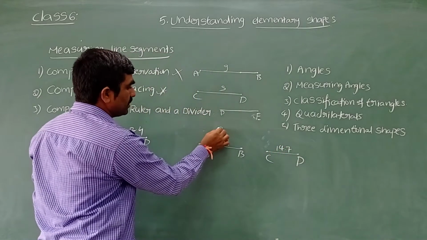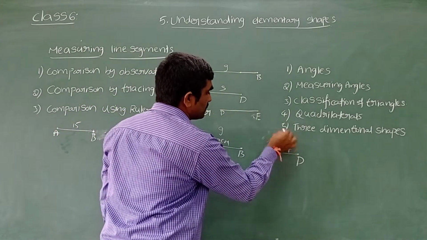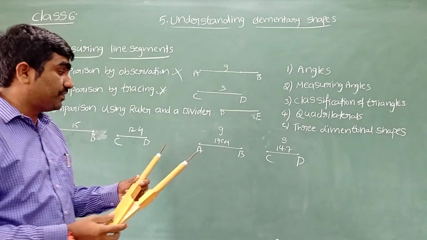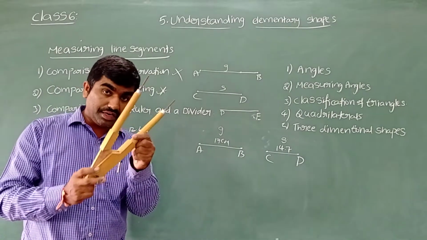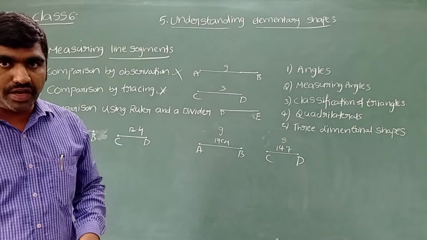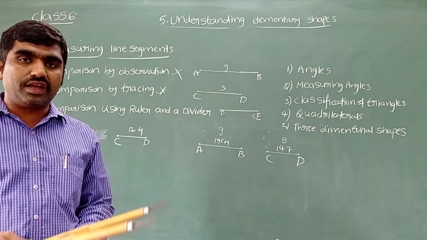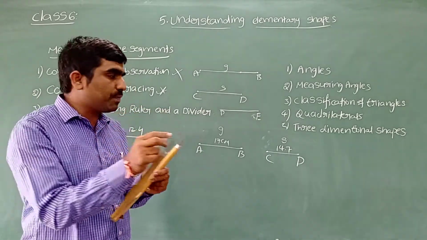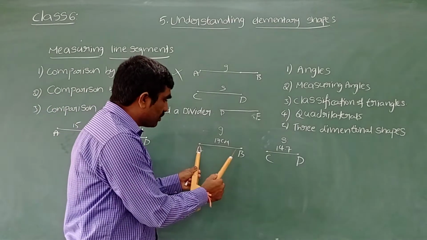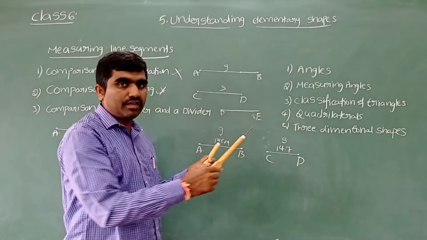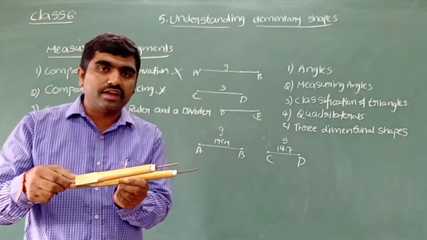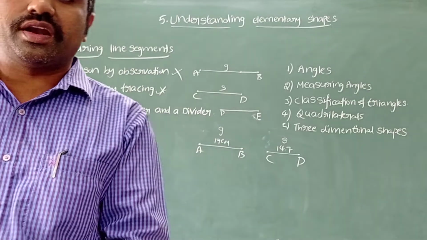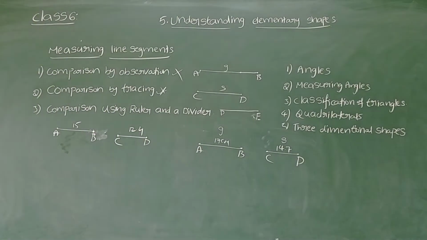Now we can say that this one is the greater line segment and this one is the smaller line segment. When you measure the length of a line segment for comparison purposes, the divider gives the accurate, exact value without any errors. The reason is that both pointers are sharp edges. So when we keep this over AB, lift it, and keep it on the scale, it gives the exact length. We can see their accurate length. Hope it is clear for everyone.